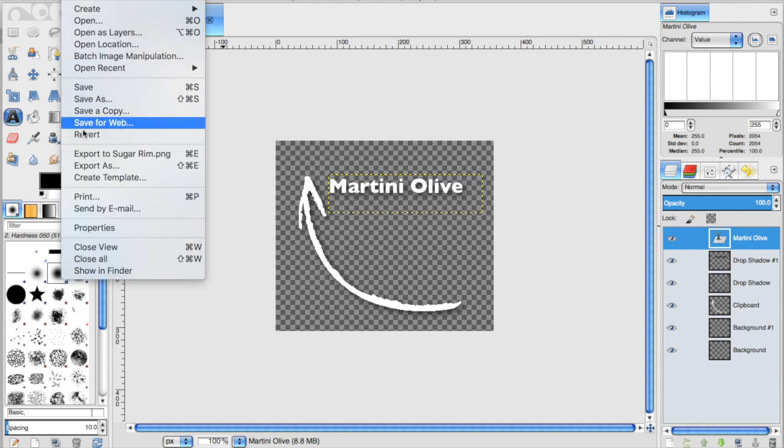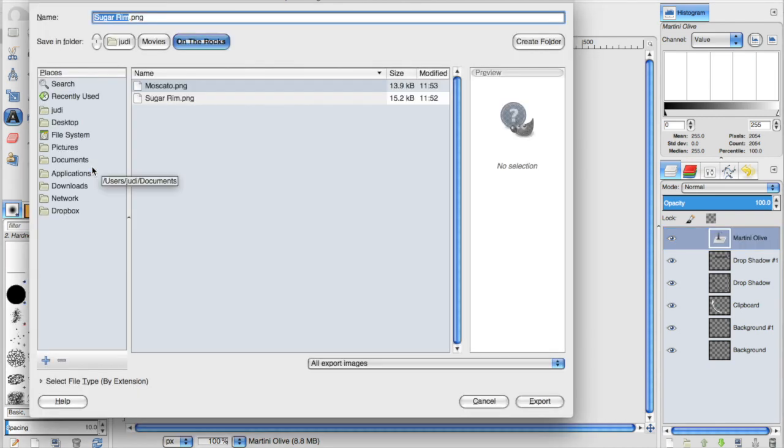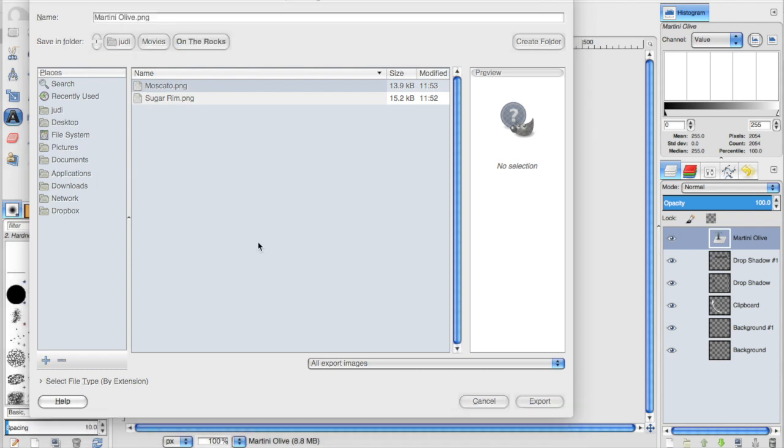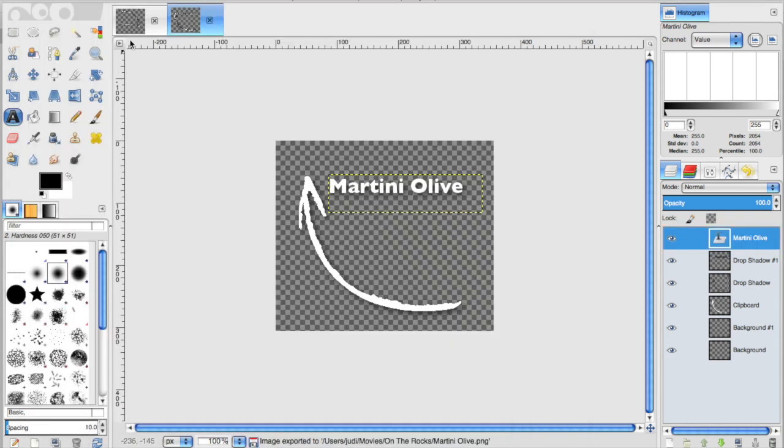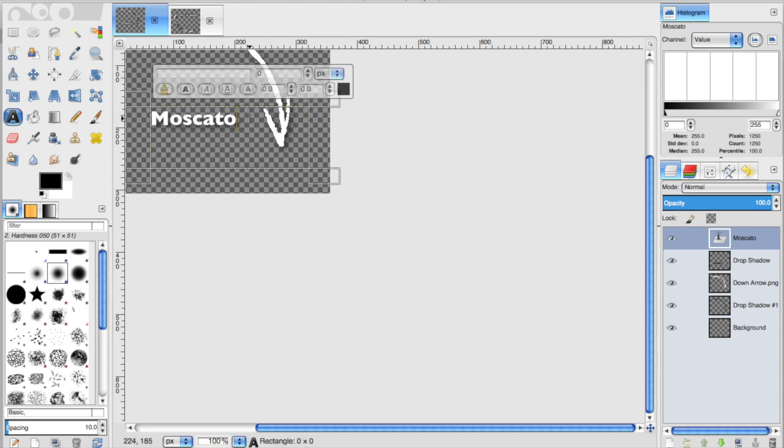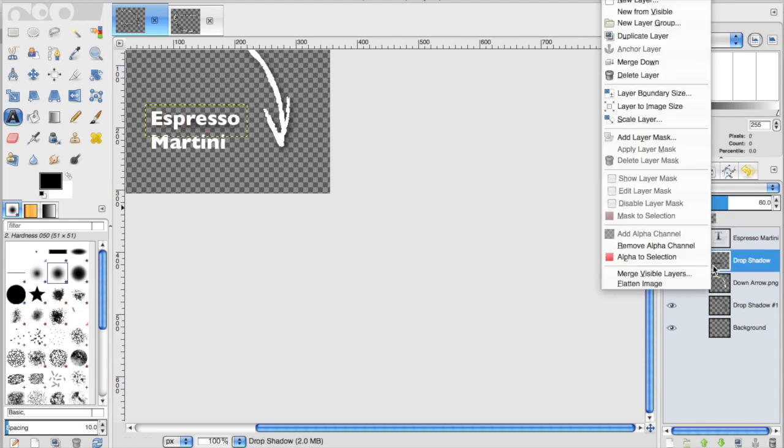File, export as, put the name in with the defaults. Flip over to the down arrow. Next one. Take out the drop shadow.